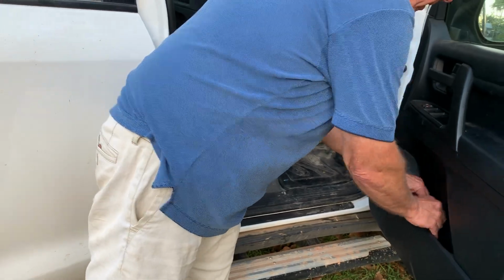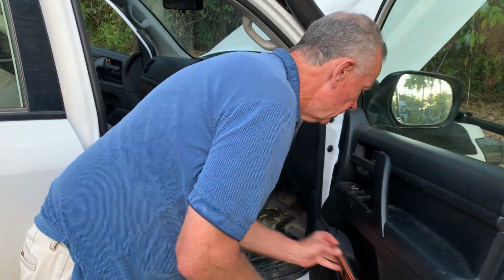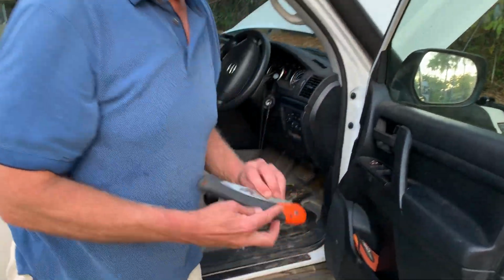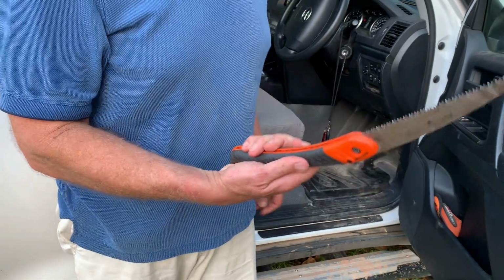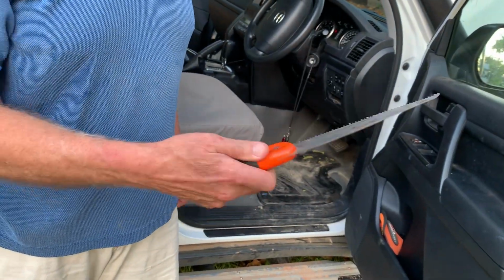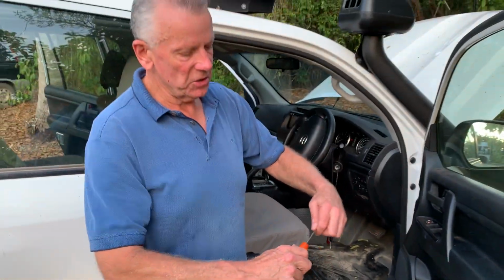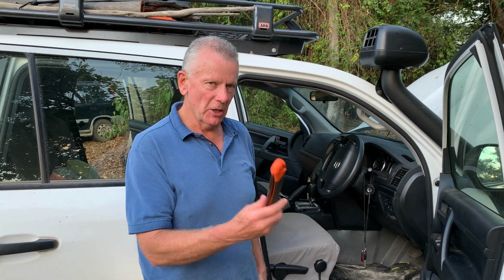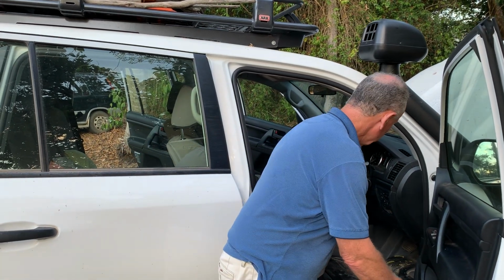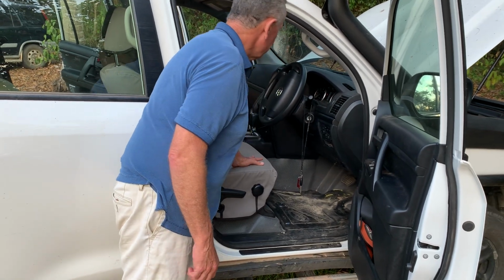Another little essential for me, obviously, matches to light fire, and a couple of these little Sandvik saws. I used to carry a chainsaw, but it's just not worth it. These are fantastic little things, and you can get yourself enough firewood for the night with these. In the car itself, black duck seat covers,